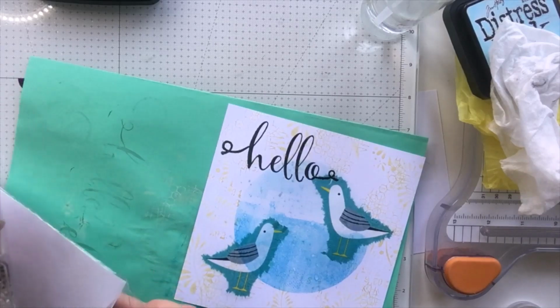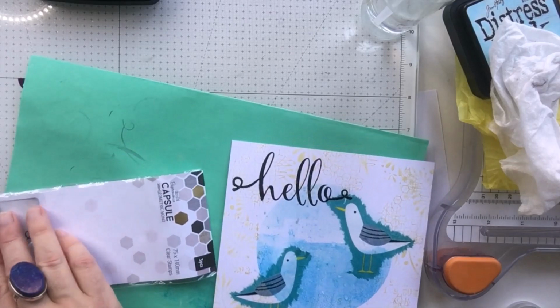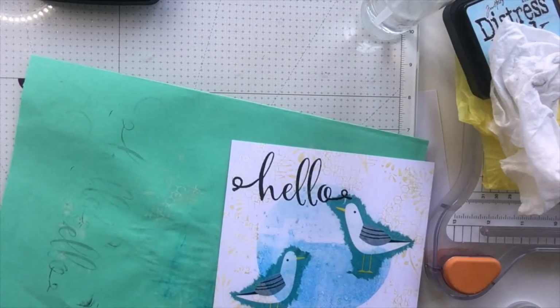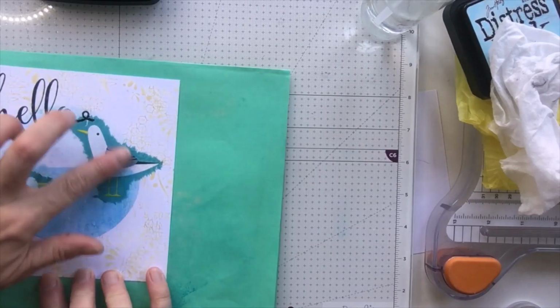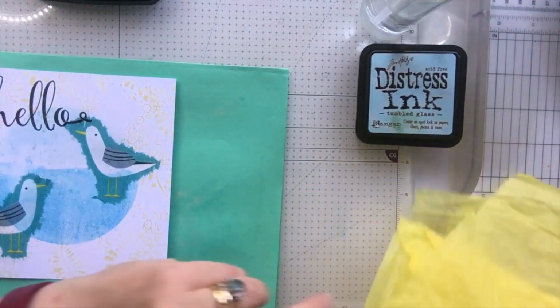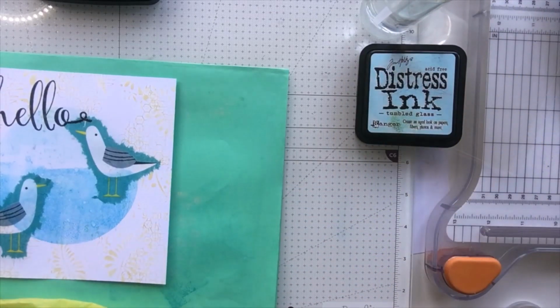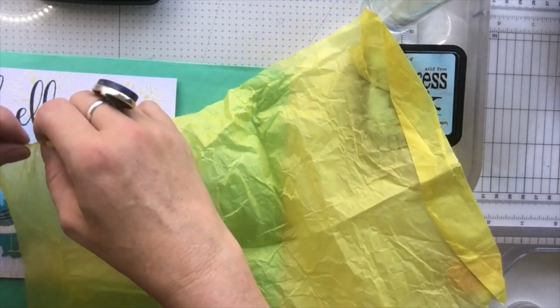Now, tissue paper next. Because I've introduced the colour yellow, which I hope I'm not breaking the rules, but the yellow is in these seagull bits. I've found some yellow tissue paper, and I think I'm just going to tear a little strip